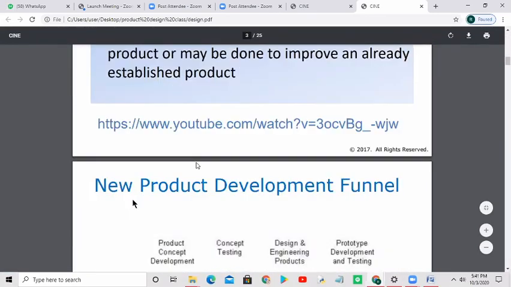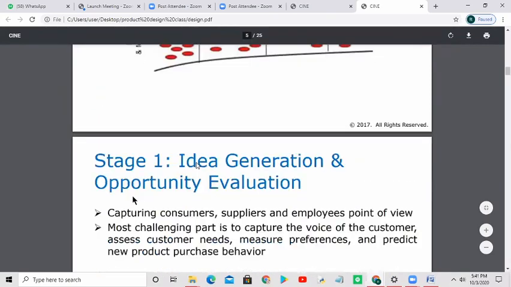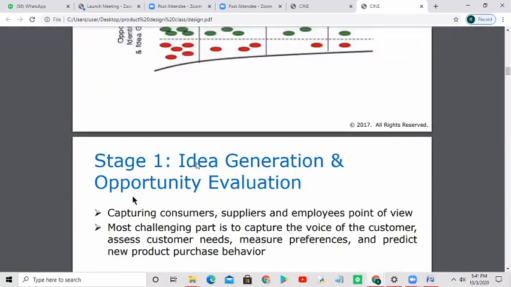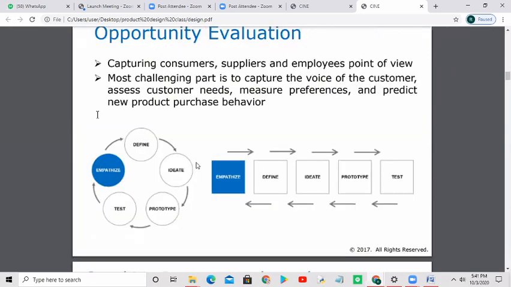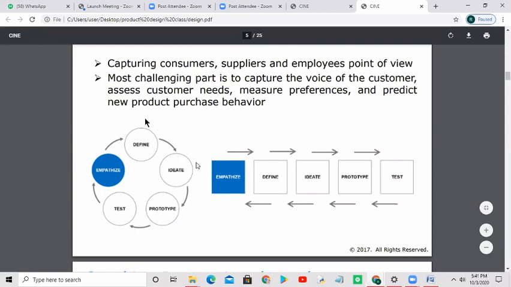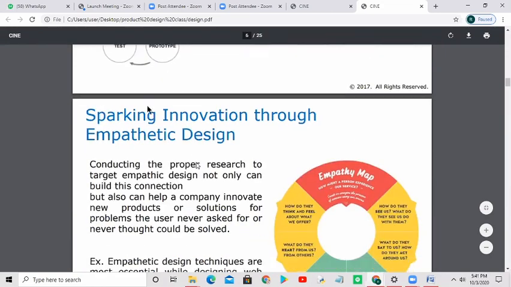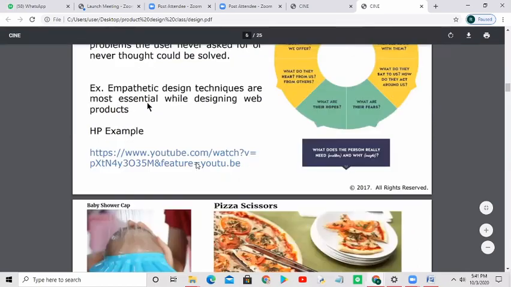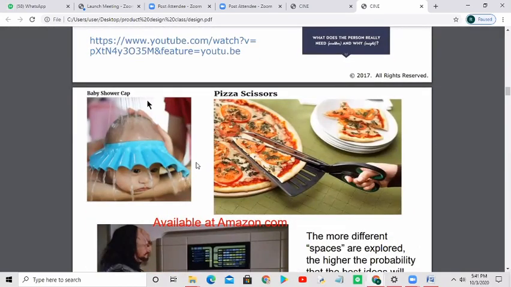When it is about a new product, first of all, this is from the net. Most of the things are nice, so I didn't delete them. But it is a matter of idea generation. First you have to define an idea, and then ultimately do the analysis whether that is workable or not. And definitely some innovation has to be added. Like this is a very new kind of product, which you call the pizza cutter.